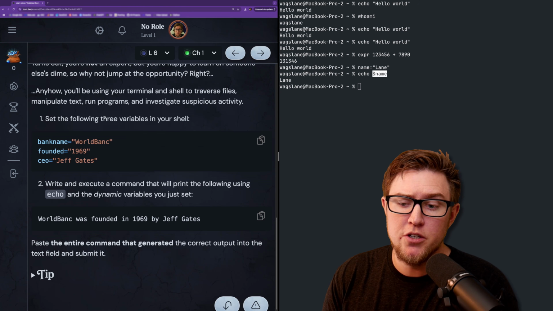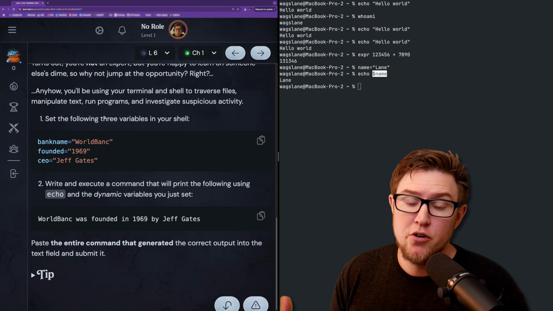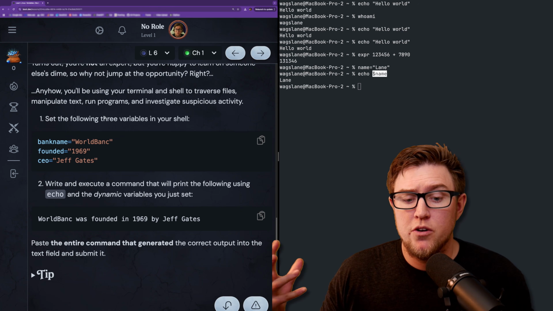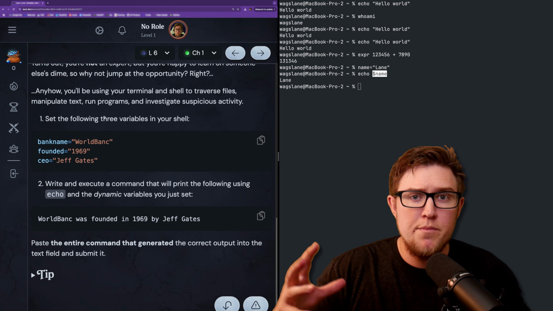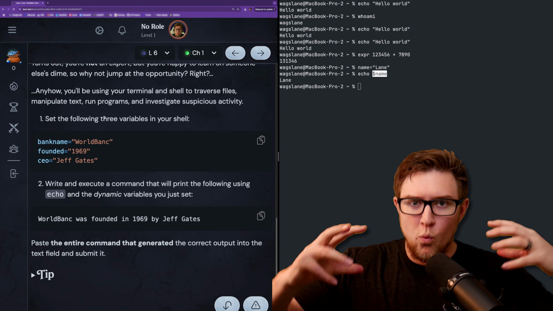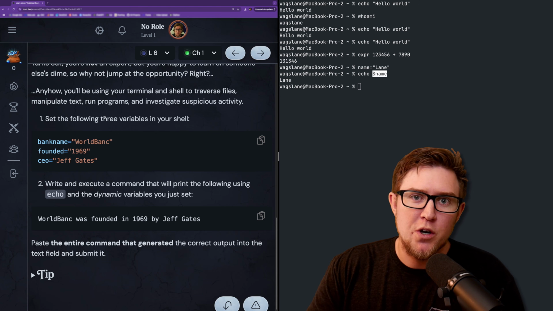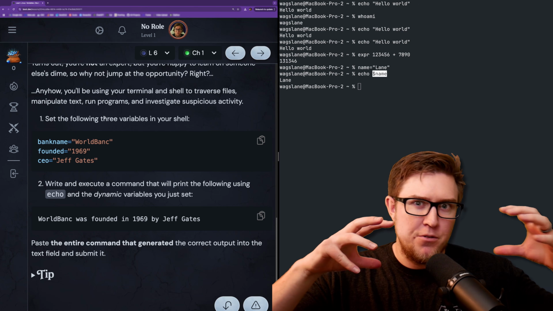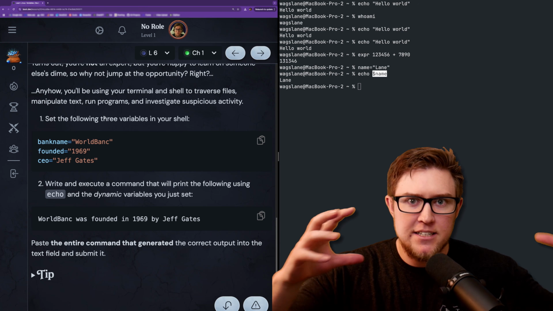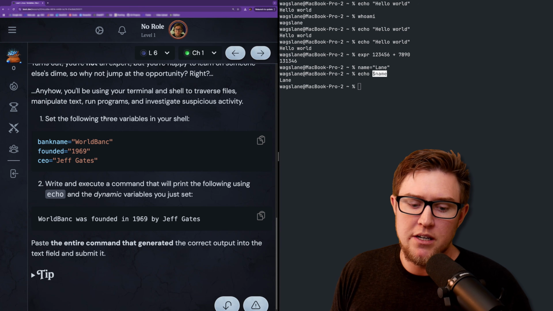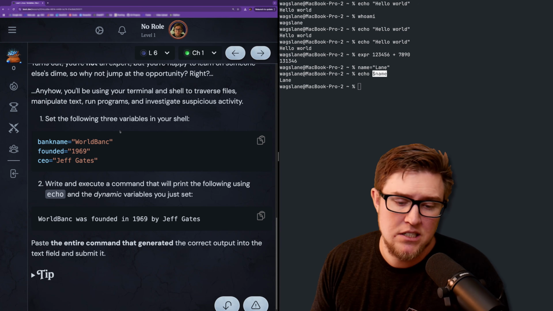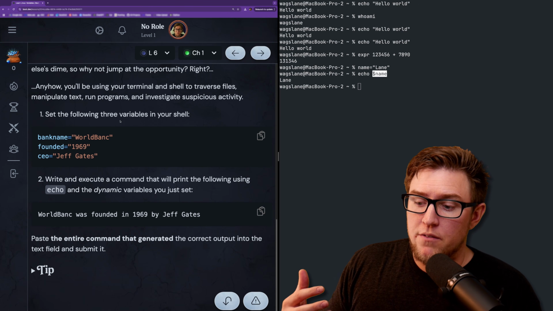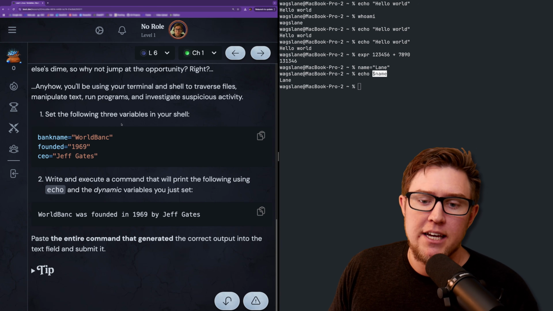Anyhow, you'll be using your terminal and shell to traverse files, manipulate text, run programs, right? This is all the stuff that we'll be learning throughout the course, but we'll do it within the story-based context of this World Bank megacorporation. We're going to be a forensic developer, looking around through files, grepping through stuff, finding stuff, printing it out, and doing just general analysis on text as a way to practically learn how to navigate a